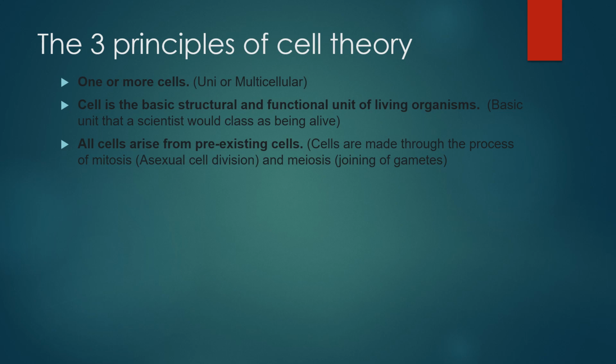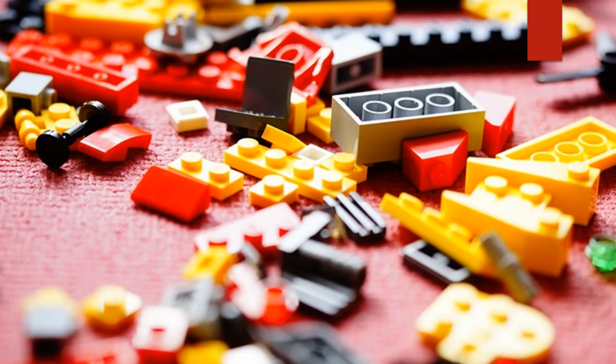They are created by the process of mitosis, but bear in mind that they can also be created by meiosis, or the fusion of sex cells, sperm and egg cells, or gametes. They are a little bit like blocks of Lego, the blocks being the cells, and the final construct being the multicellular organism itself. And if we're talking about unicells, then of course the blocks would exist alone.